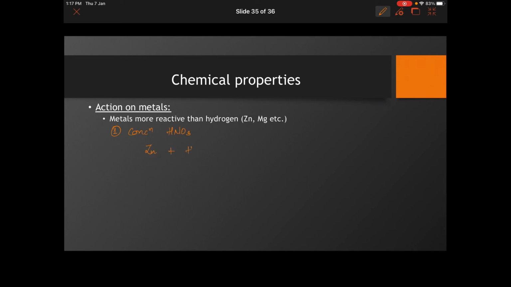So what happens over here? Zinc, first of all, reacts with HNO3, goes to zinc nitrate, that is NO3 twice, because zinc oxidation state is +2, and it releases nascent hydrogen. Now try and balance this reaction quickly. What you will see over here is that nitrate is twice, so this twice and this twice hydrogen over here. This HNO3 further reacts with nascent hydrogen. Try and understand, no need to learn the equations. What will happen is nitrogen dioxide and water is going to get released. Now just observe. These are two equations which are happening. I need to get the net equation.